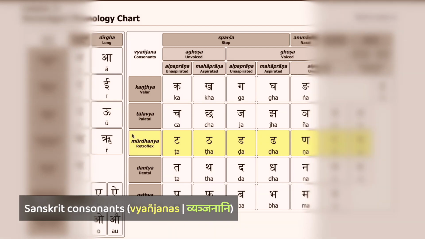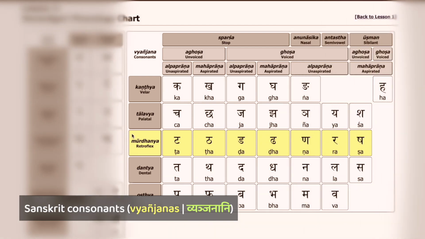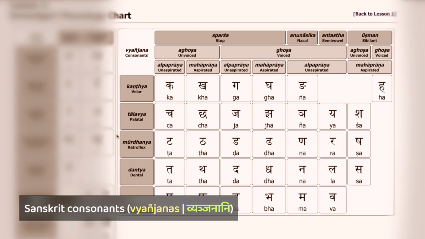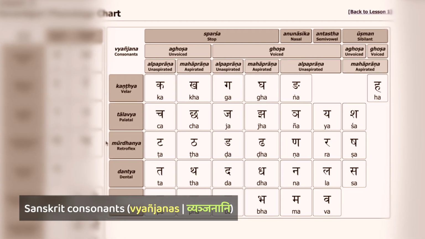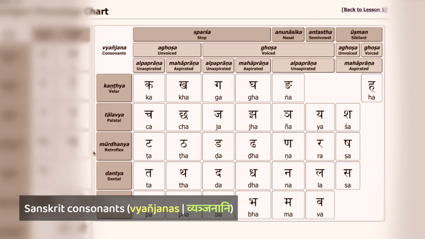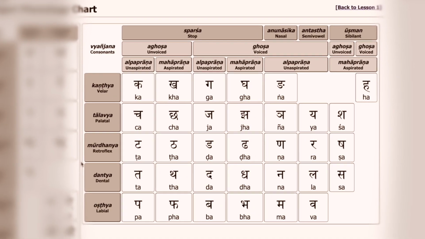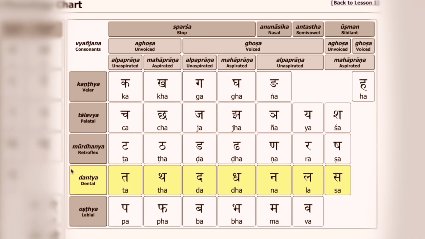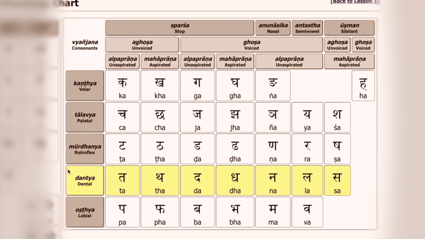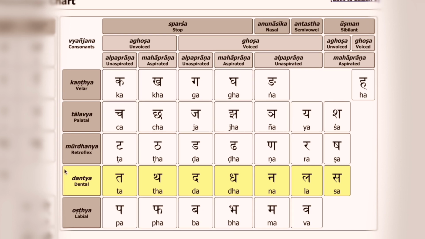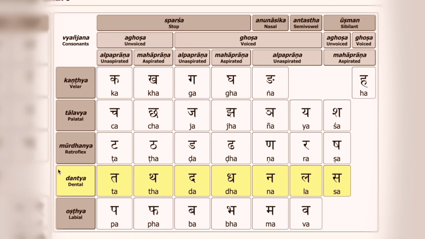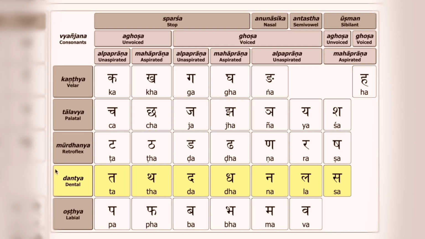Namaha and welcome back. Now let's turn our attention to the consonants, which are called vyanjanas in Sanskrit. Here's where it kind of looks really complicated. There's 33 different consonants, but this chart is very systematic. If you take the time to learn row by row, in a systematic way, how the consonants are organized in the chart, it's going to help you not just now, but throughout your studies of